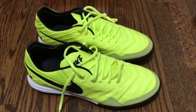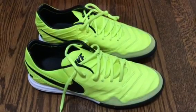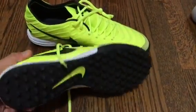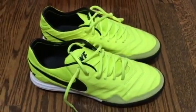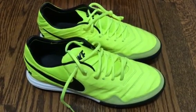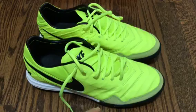Hey guys, this is my review of the Nike Tiempo X Proximo Turf. They're turf shoes, not cleats, so you can see here. And I was very excited to buy these shoes because for the first time, you can have